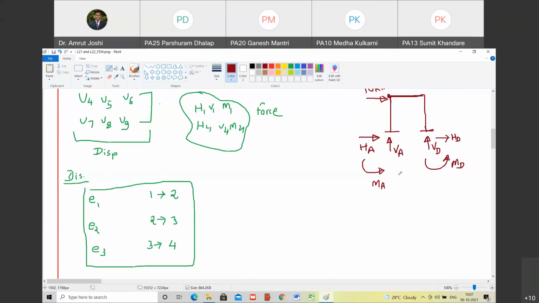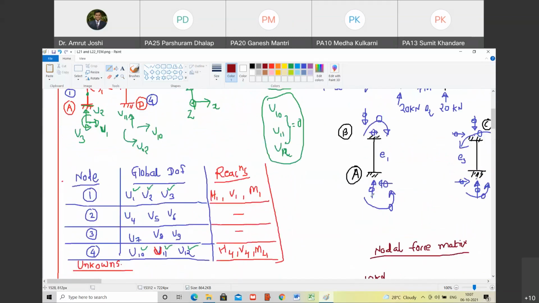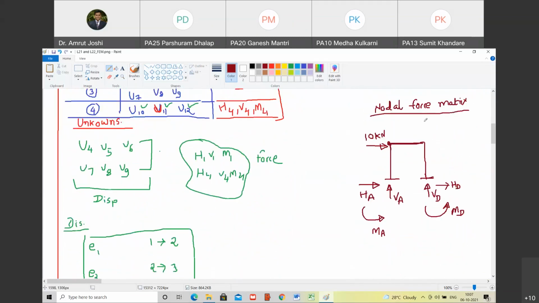Yes, sir. So therefore here we are going to show all the reactions and नोडल फोर्सेस और नोडल मूवमेंट्स, जो जॉइंट पे एक्ट होने वाले लोड हैं, वो सारे लोड हम दिखाने वाले कौन से स्ट्रक्चर में? ओरिजिनल स्ट्रक्चर में. We are not talking about the restrained structure now. Nodal forces are to be shown on the original structure. Are you with me?